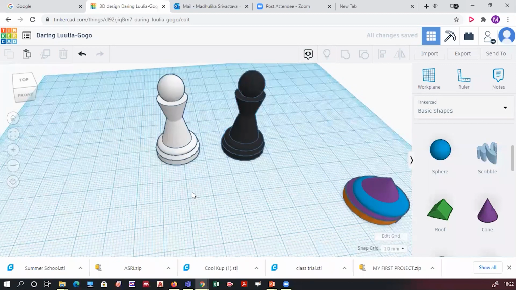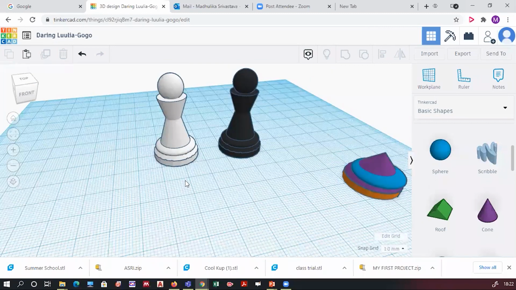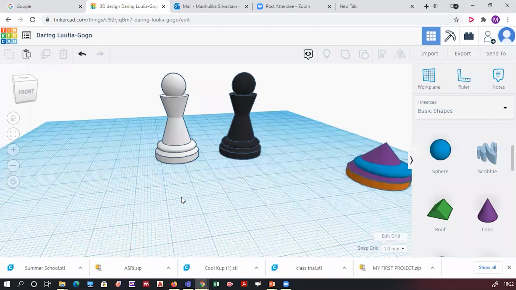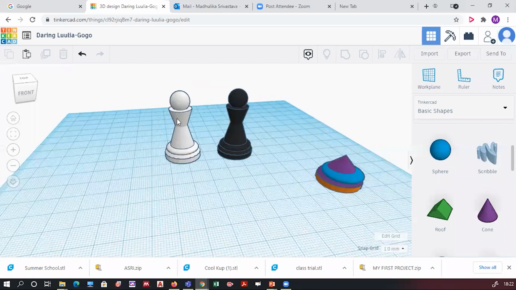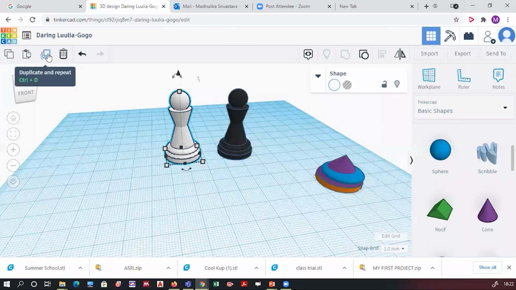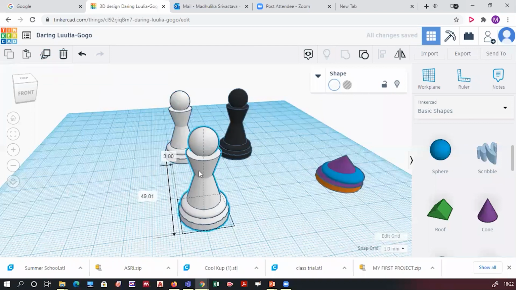Fine. Now quickly I will discuss the spanner too. First, how to duplicate: you select the object which you have formed and click on this duplicate option, just before delete. After clicking, click on the object and drag it. You can't put your sphere on top directly. What you do, you select the sphere and the rest of the part and align it. The moment you align it, it will come to the same center, and then you can drop that sphere down to that surface.